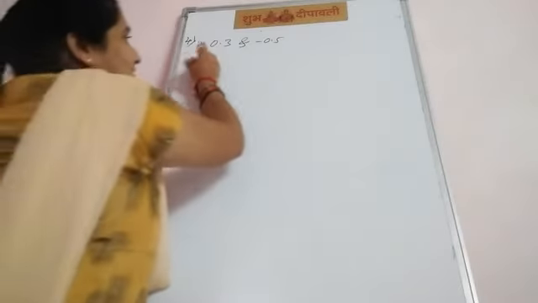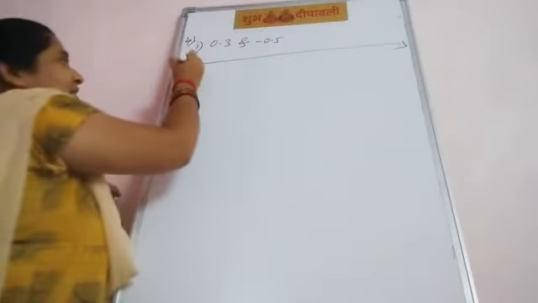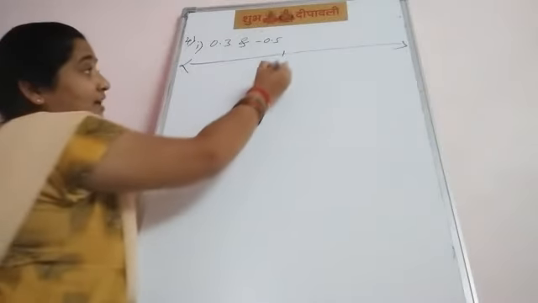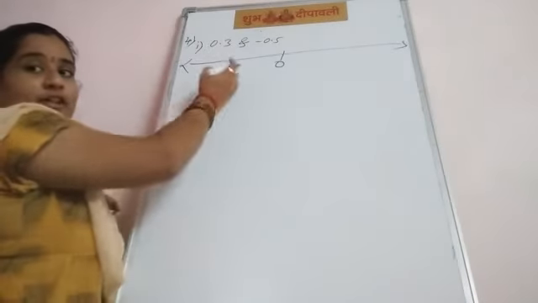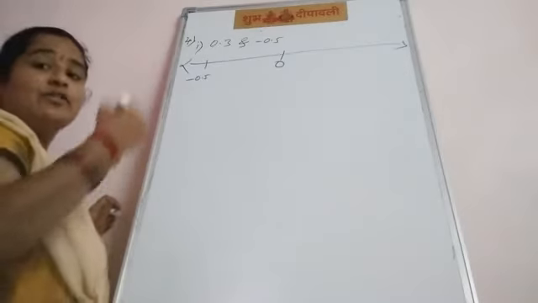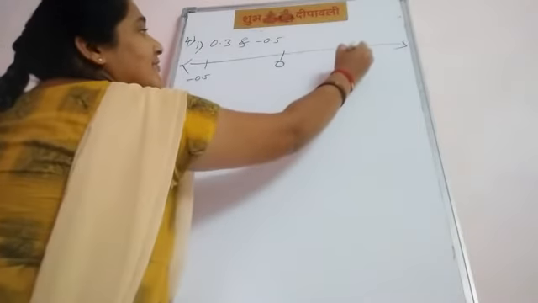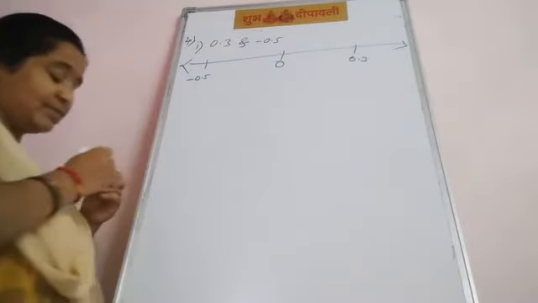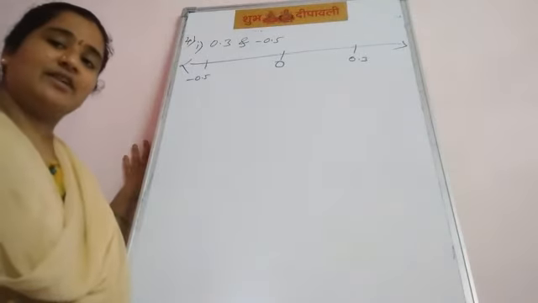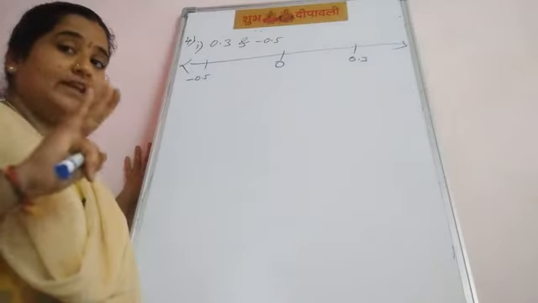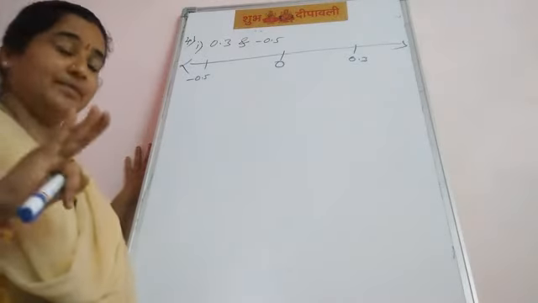It will be easy if we draw a number line. See, first I will draw a number line. One negative is there, one positive is there. Then in the center what will we find? 0. On the left side negative, somewhere here minus 0.5. On the right side positive, somewhere 0.3. Now between these two numbers we can write infinite rational numbers. But in the question he asked just to write any three rational numbers.